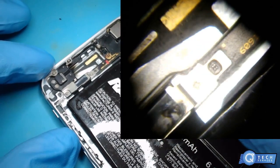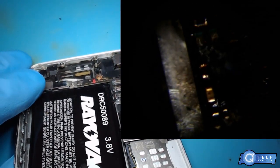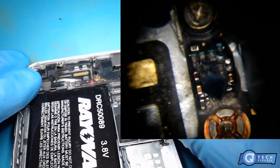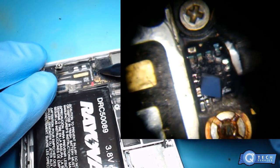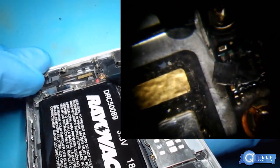Let's go back to the phone here. I don't believe that chip's going to be anything. The chip is burnt up. There's nothing left of the pads on the chip. It's just fried. Look at the burn marks up on the aluminum here. That chip, it just...